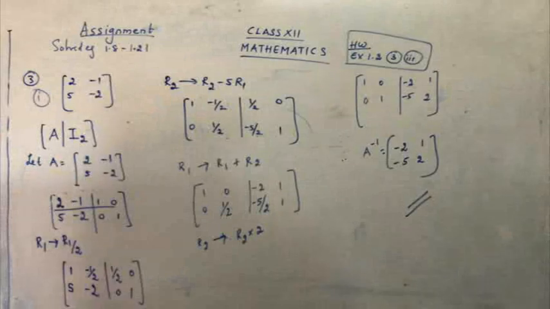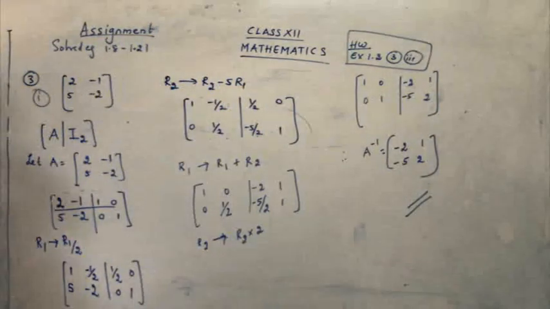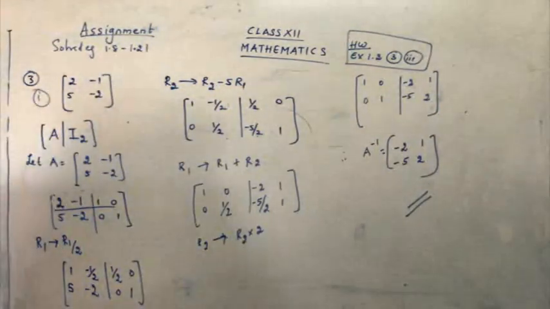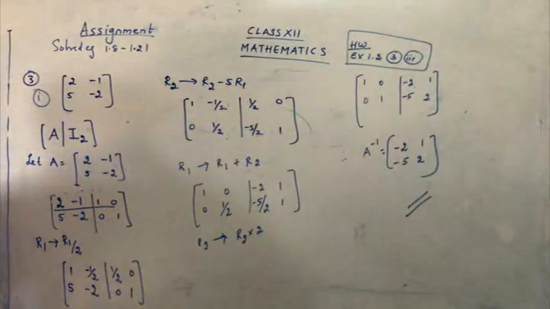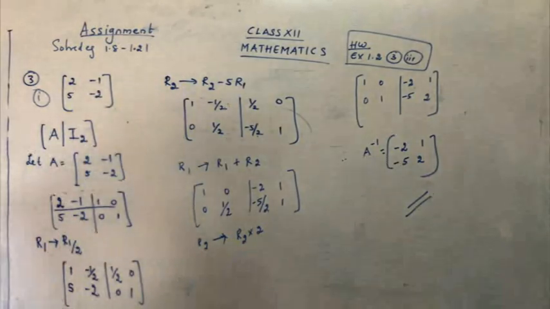You know that questions will be asked from solved examples also. So once you are clear with your solved examples and your exercise sums, you will be ready for your mathematics exam and you can go score good marks. So your assignment is 1.8 to 1.21. So just go on solving all the sums.